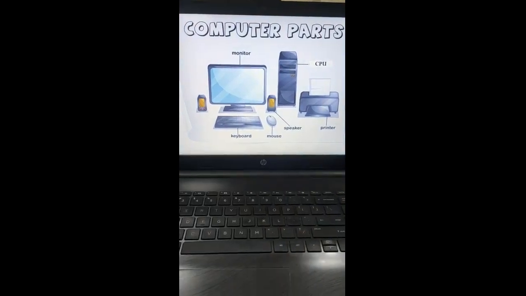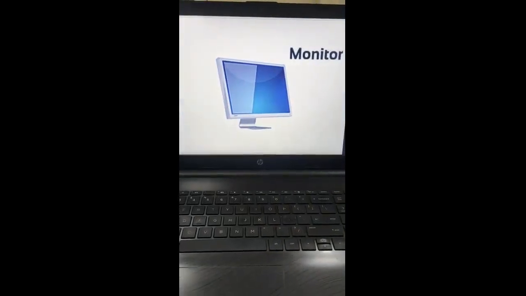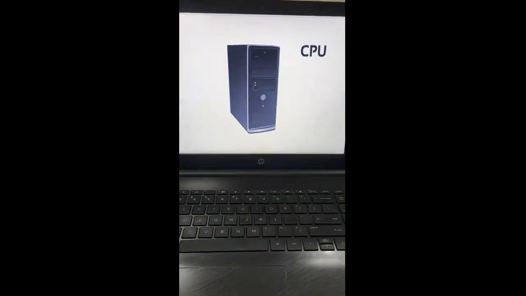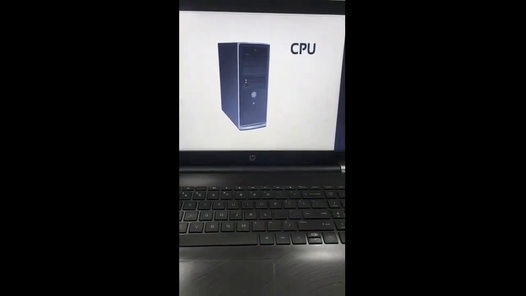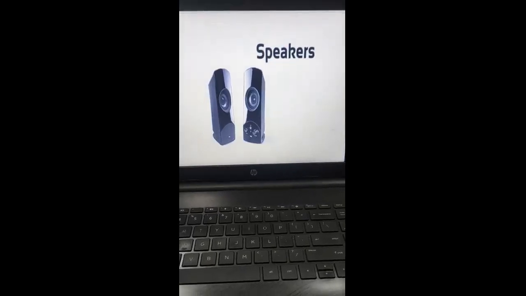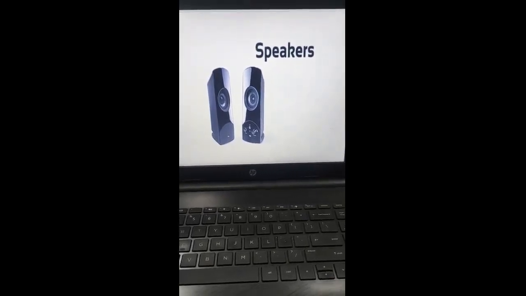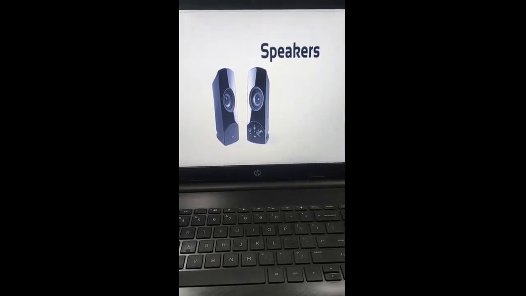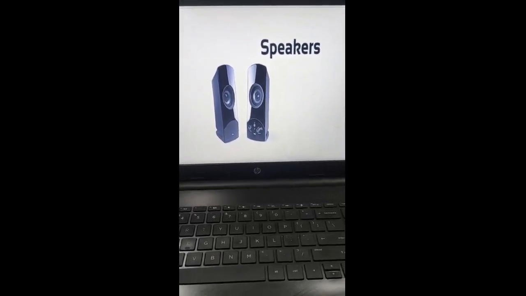So what have we learned? Computer has monitor, CPU, keyboard, mouse and speakers. These are basic parts of a computer system.